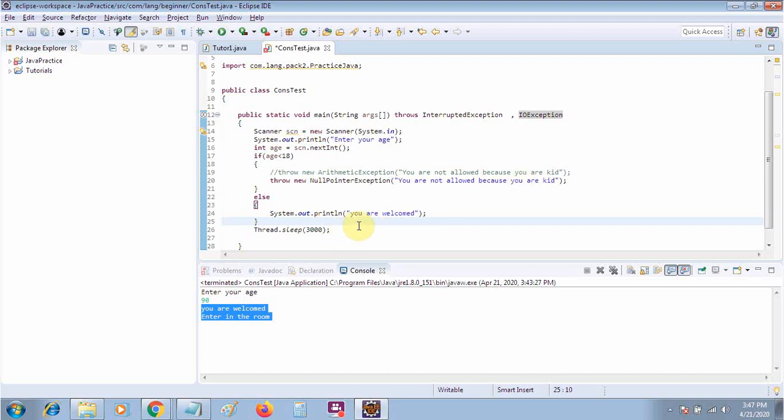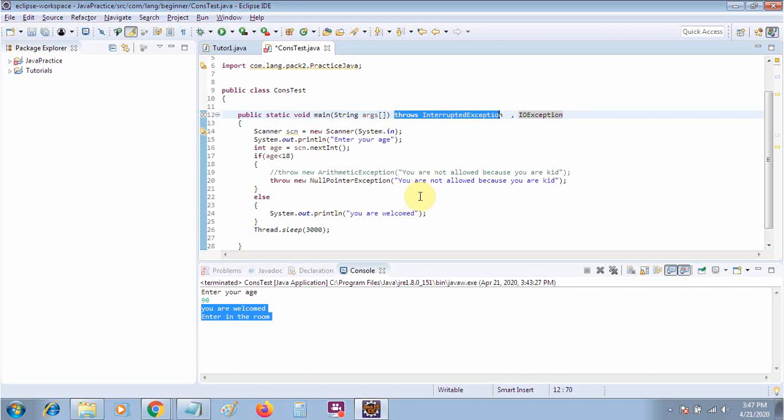As I told you, in throw you cannot have multiple exceptions, but with throws you can handle multiple exceptions. Also, throw is used within a method, meaning suppose you have a method, it will be used there. But throws is added with the method signature.